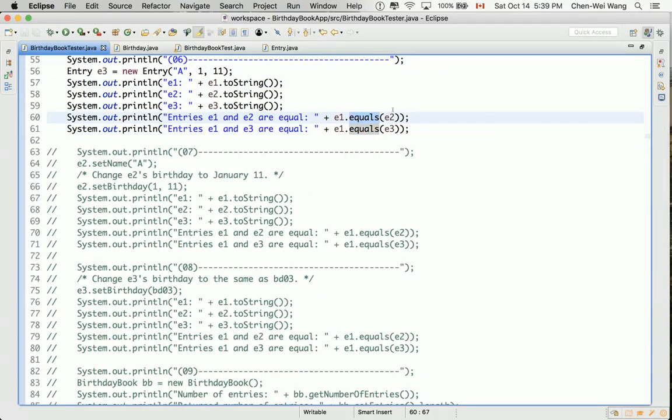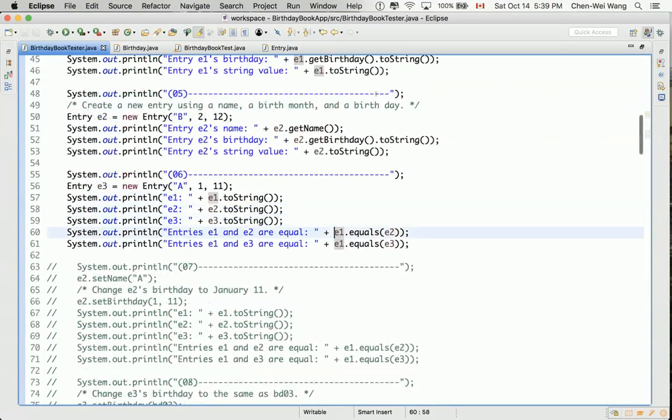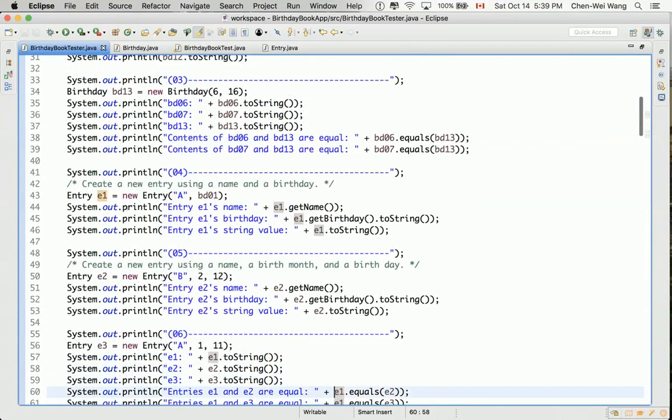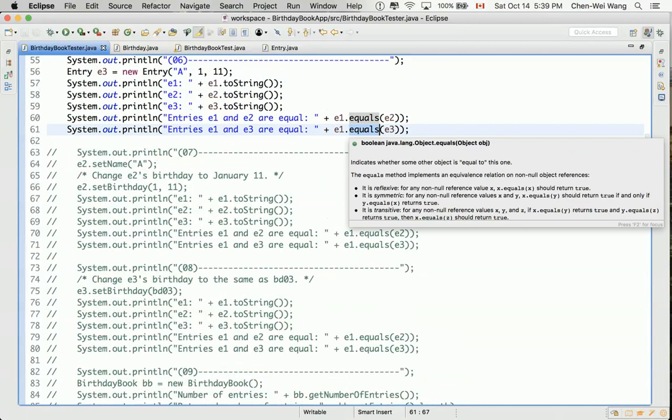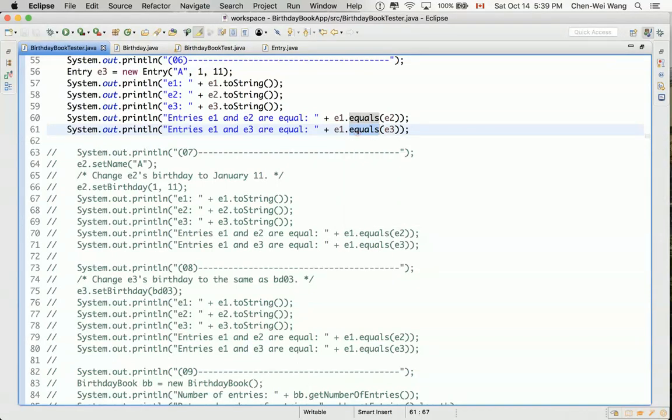So which equals method are we referring to? You can see that E1 was declared, let's just go a little bit back, E1 was declared over here as entry. So that means this equals method here refers to the equals method in entry, not in birthday. We did define the equals method in the birthday class, but now we're calling a different version. Now, as we know, we have not overridden the equals method in